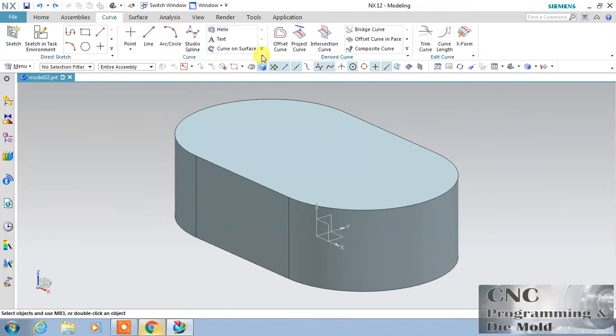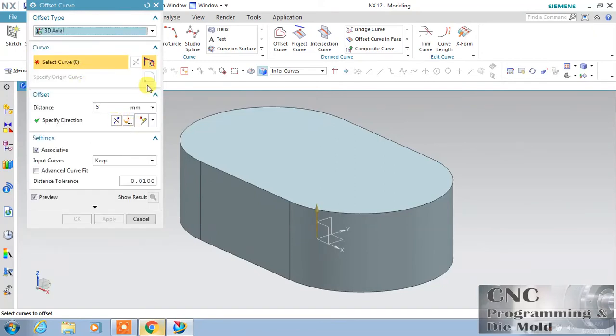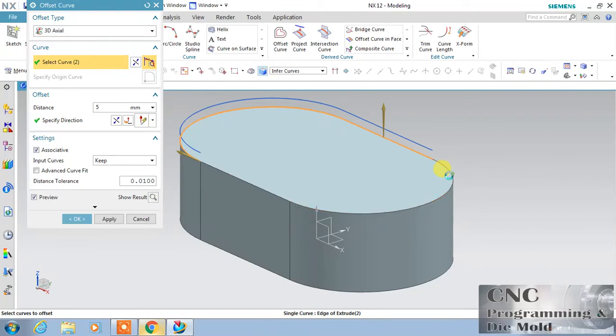Again, go to curve and choose this offset curve, and here we have this law control and 3D axial. So first I will choose this 3D axial. This curve, with this method we can offset the curve at a specific vector in any specified direction.